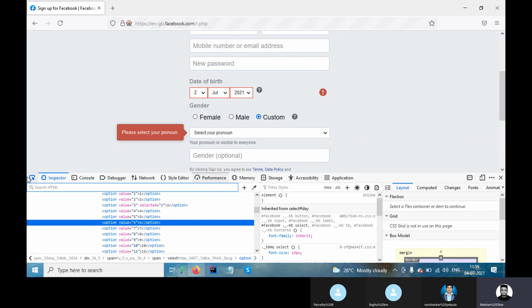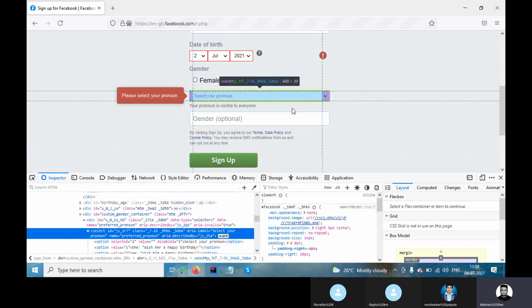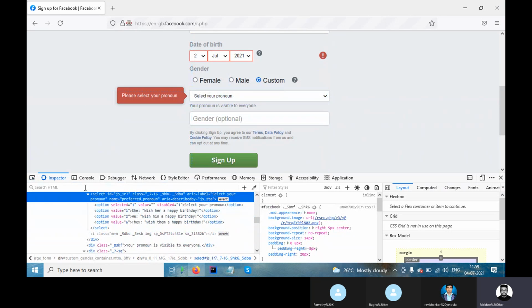So instead of that, another way to do it is to click on this select and expand it. You can use one more thing like option. Directly you can start from option. See whether it's working.